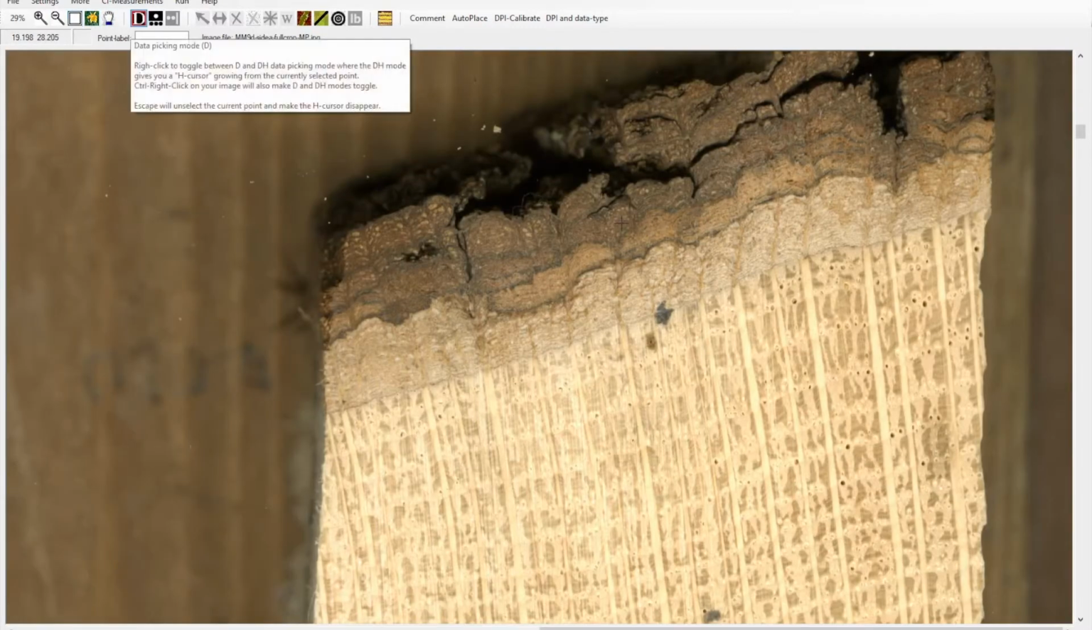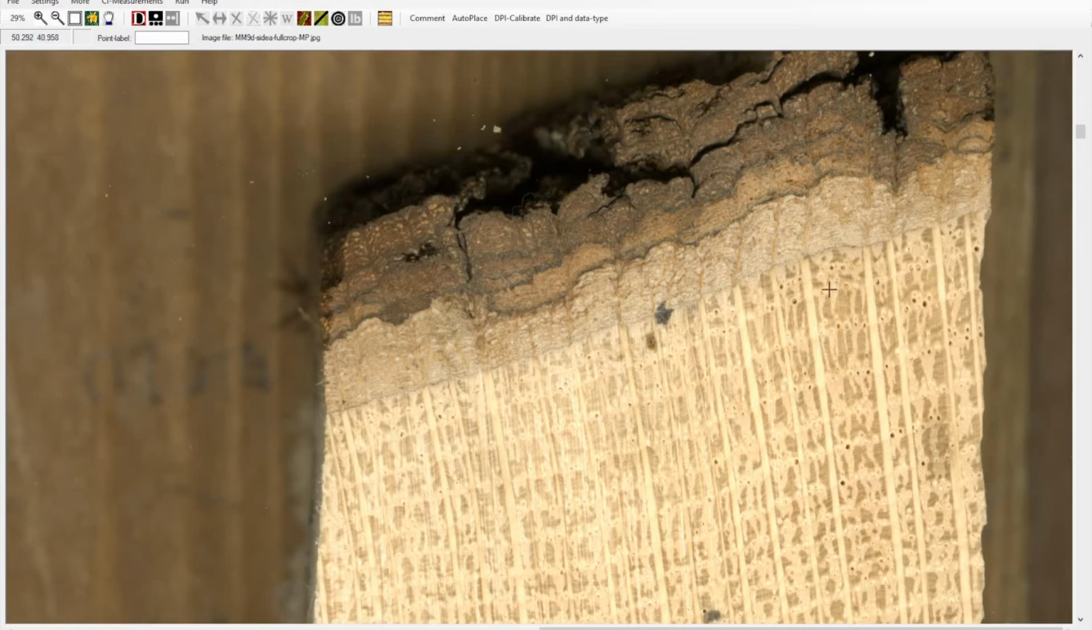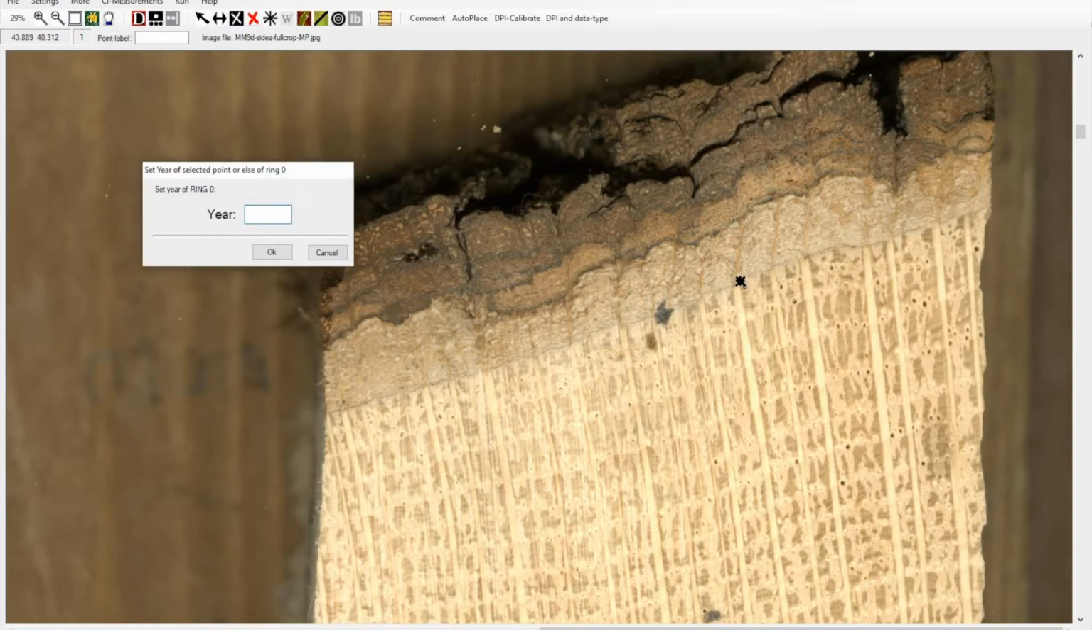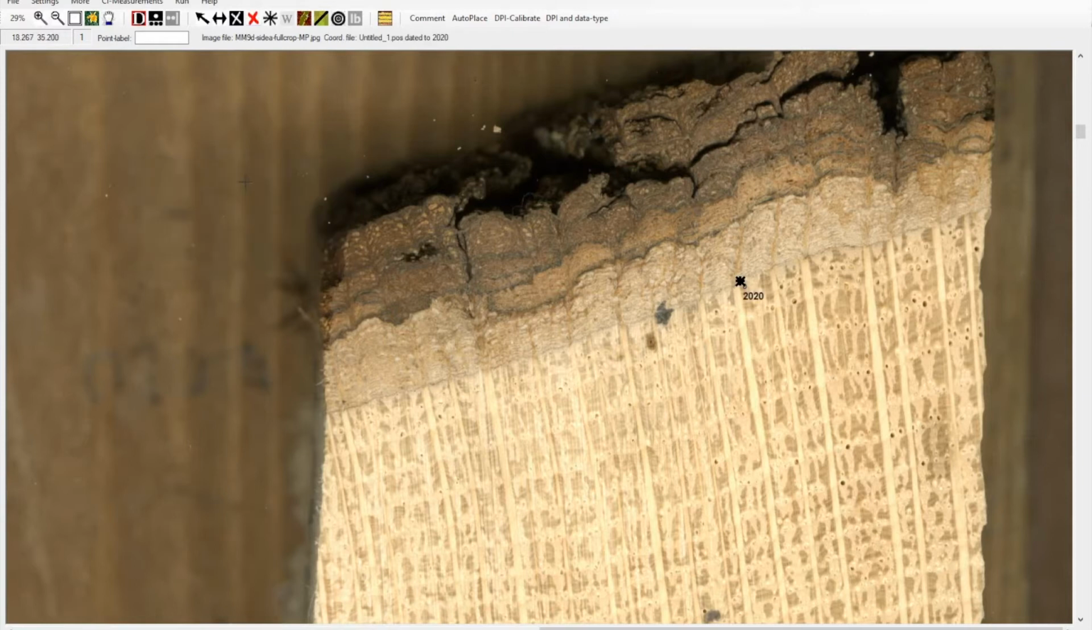For the Monmouth samples, the year of the most recent ring is 2020 because the trees fell during the February 2021 ice storm. So after we select that, we type in 2020, and now that we have that selected, we're able to go through the entire